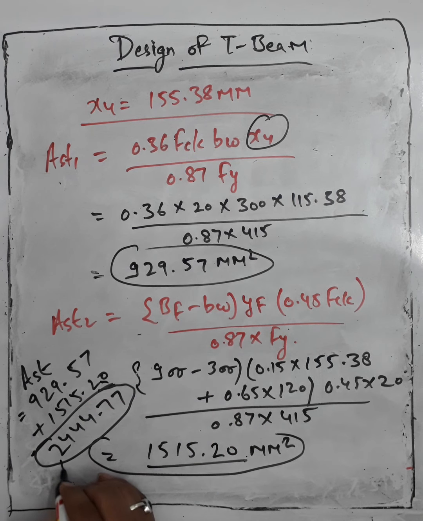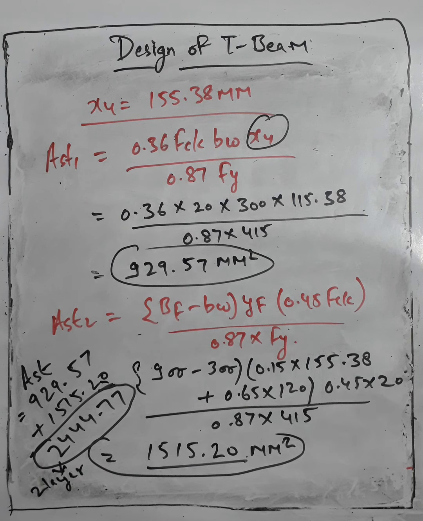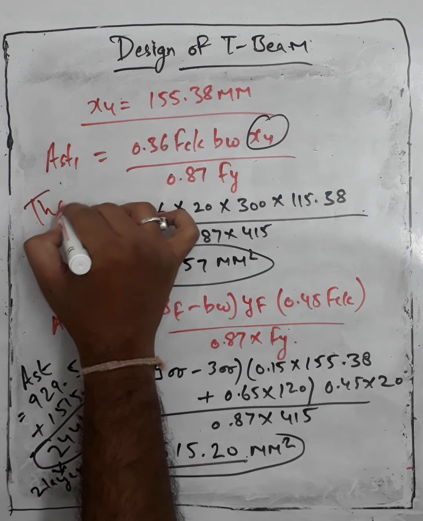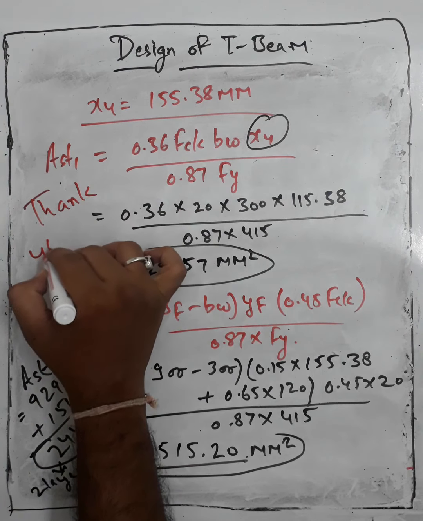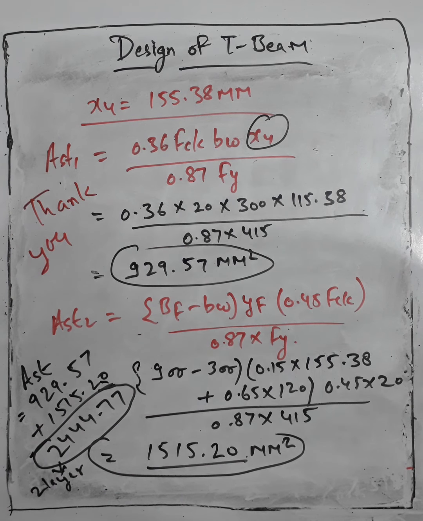You have to use this area of steel for finding the number of bars. You can provide bars in two layers, meaning you can take 6 bars of 28 mm dia and 2 bars of 22 mm dia, or whichever type of bar you want to use. So this is the concept we use for the design of T-beam and flanged beam. That lecture is over, guys. We will meet again in a new lecture, in which we solve one more problem based on the design of T-beam. Thank you.